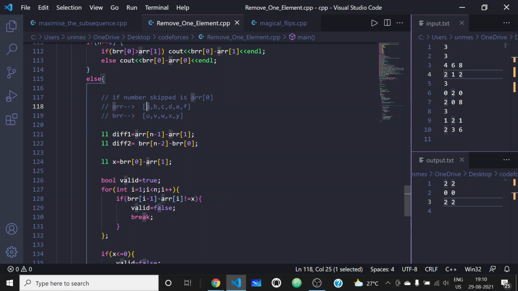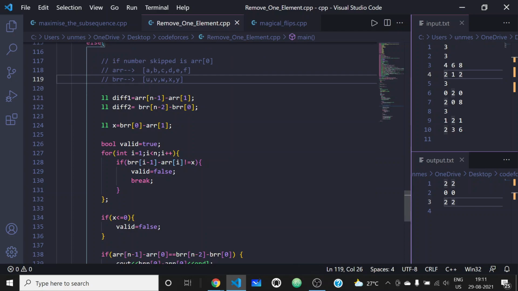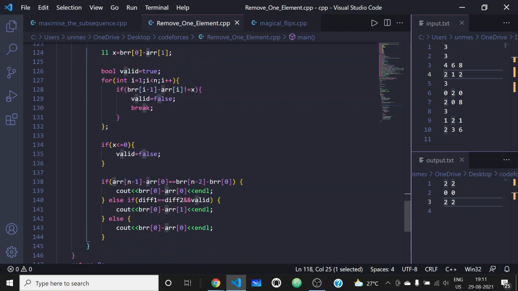So if the difference between the first and last element of this array is equal to the first and last elements of this array, then we can surely say that x can be easily found by subtracting this minus this. So this is what I have done. I have just checked whether the differences of the first and last element are the same or not. So I have just subtracted the first element of the second array minus the first element of the